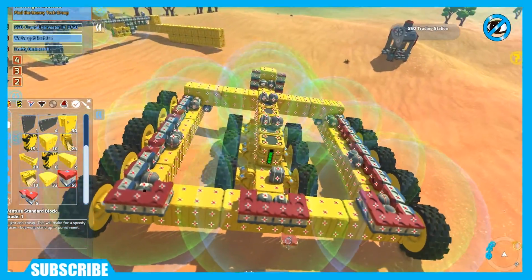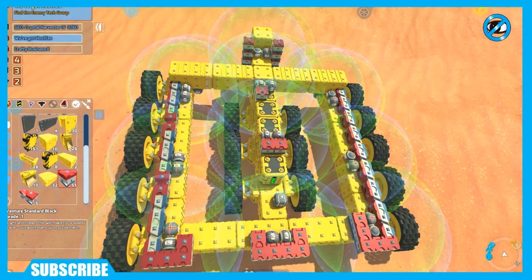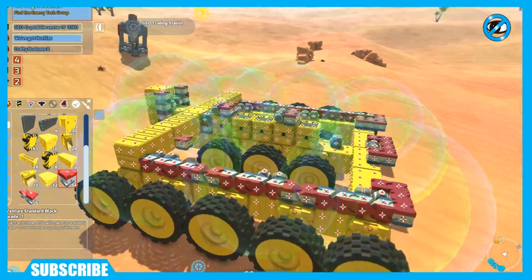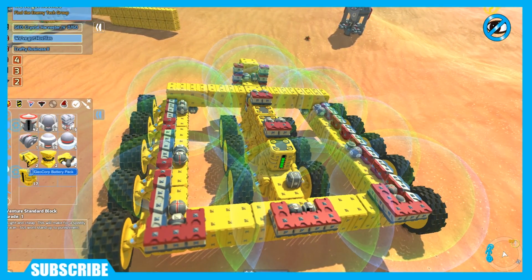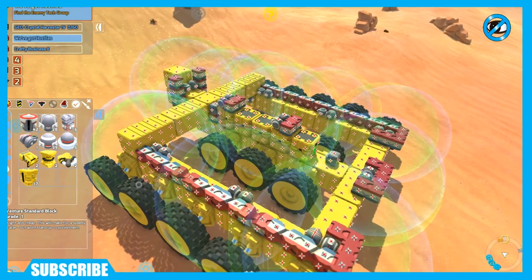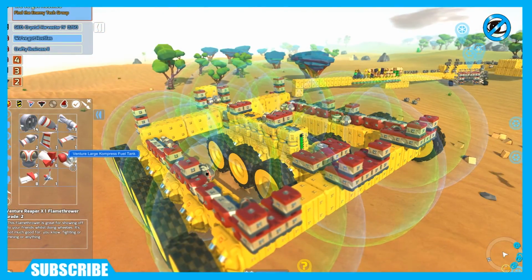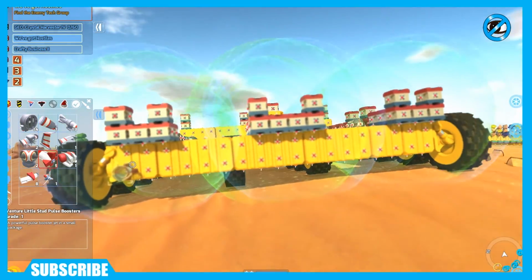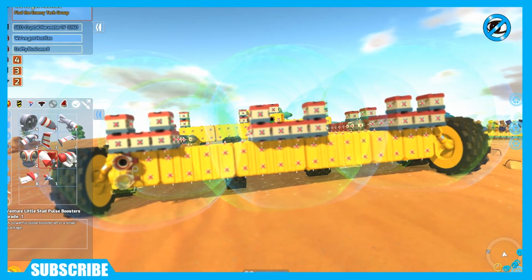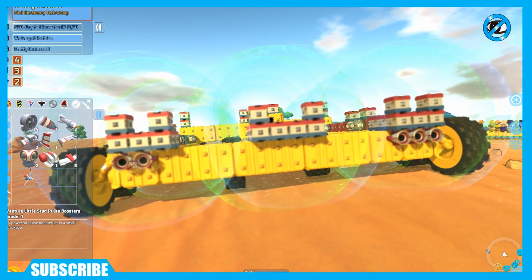And let's see if I got everything covered. Let me put one here. Okay, and I may even put some pillar vertical platforms too, so that I can put more weapons on them. Now I'm adding to the back some boosters, because this tech is so large,